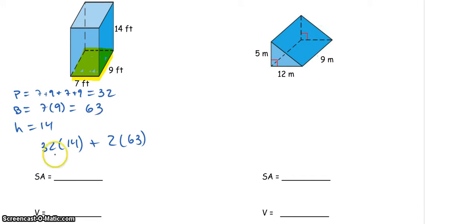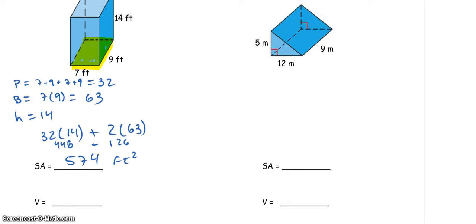So 32 times 14 is 448, and 2 times 63 is 126. So when you add those two together, we get 574 feet squared. It's still square feet, just like area. Now for volume,